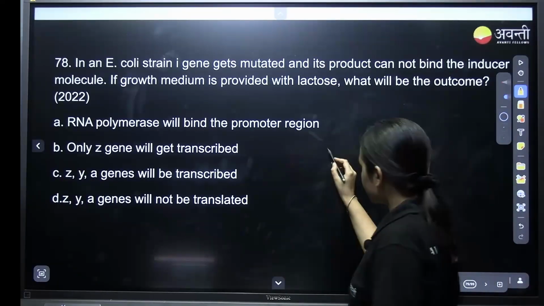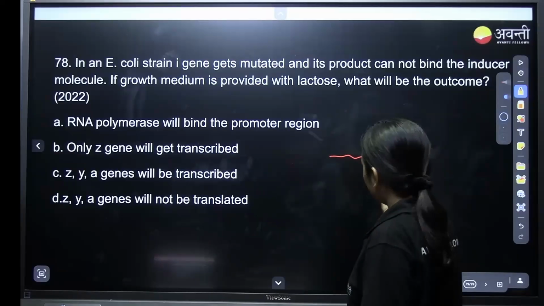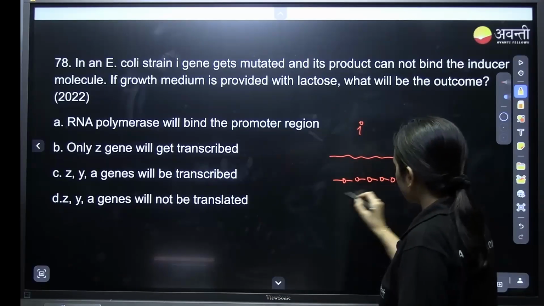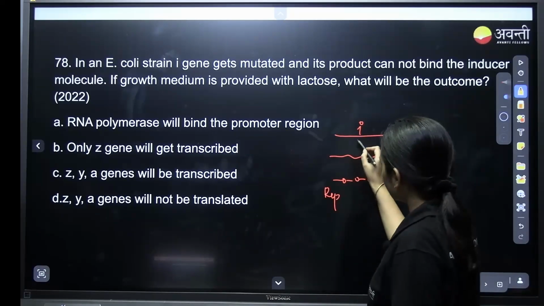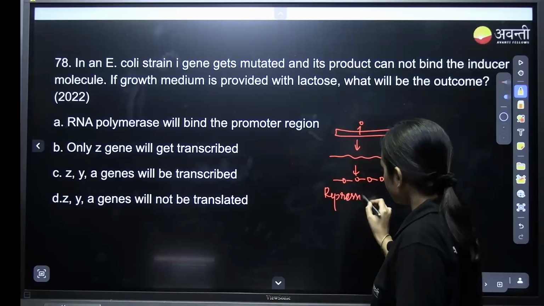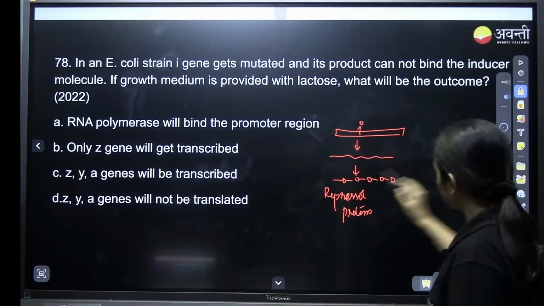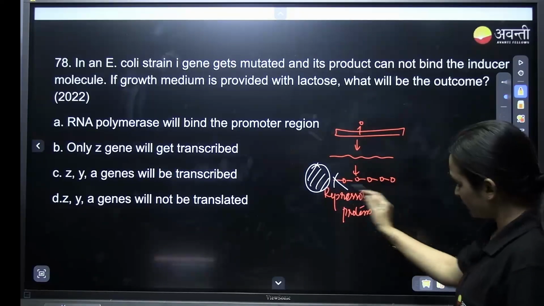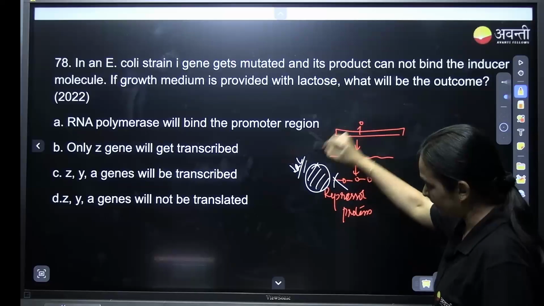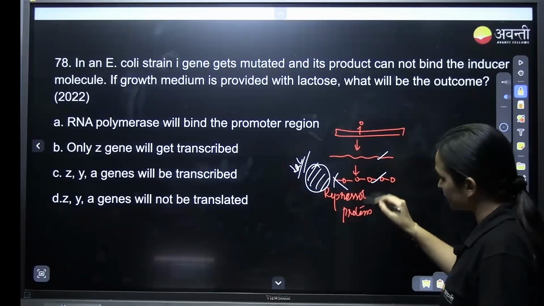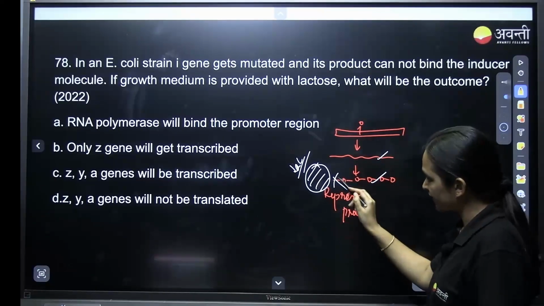The I gene, which is the repressor gene, got mutated, and its product, the repressor protein, cannot bind the inducer, that is lactose, because it got mutated. So same mutated mRNA, same mutated protein. The condition they have given is that it cannot bind to the